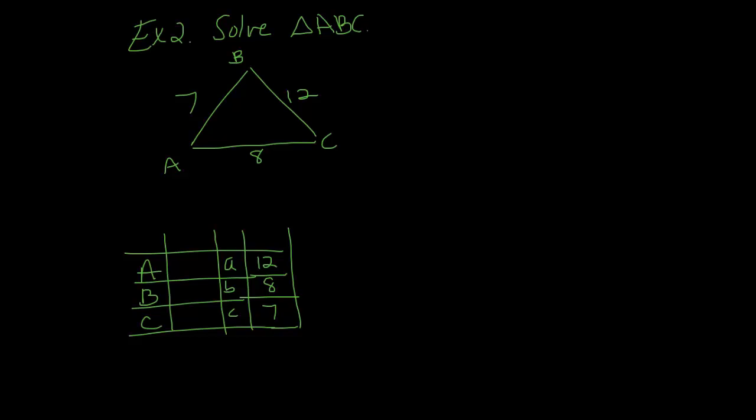Okay, so let's think about this. If we want to find an angle, we're going to have to choose a side across from that angle and start there. So I'm going to start with finding angle A. So the side across would be 12, so 12 squared equals 8 squared plus 7 squared. Here comes that adjustment. Minus 2 times 8 times 7 cos of angle A, the angle across from 12. Okay, so let's simplify. We get 144